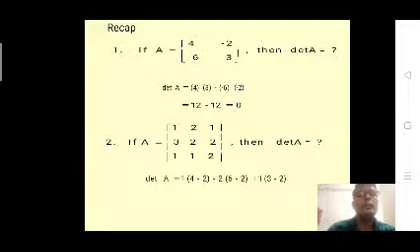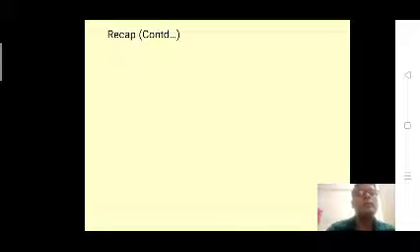Determinant of A is equal to 1 into (4 minus 2) minus 2 into (6 minus 2) plus 1 into (3 minus 2). How to take this one? 1 is the first element of the first row, 2 is the second element of the first row, and 1 is the third element of the first row. So we have to do this expanding by the first row. 4 minus 2 is equal to 2, and minus 2 into (6 minus 2) equal to 4, then 2 into 4 minus 8, we get 3 minus 2 equal to 1, 1 into 1 is 1. So 2 minus 8 plus 1 equal to 5.